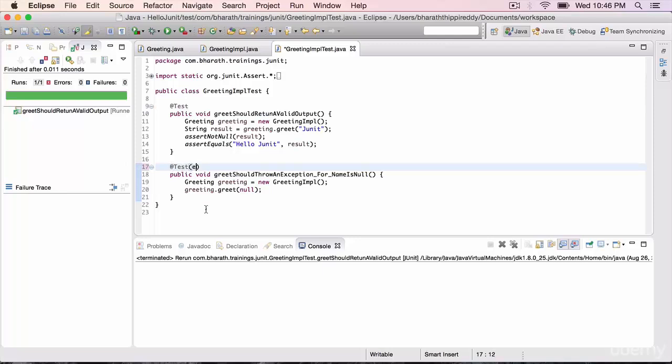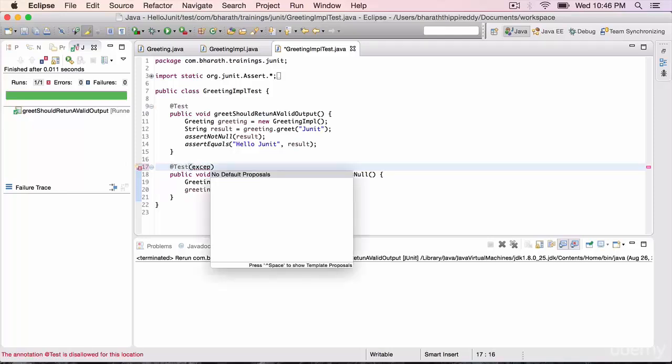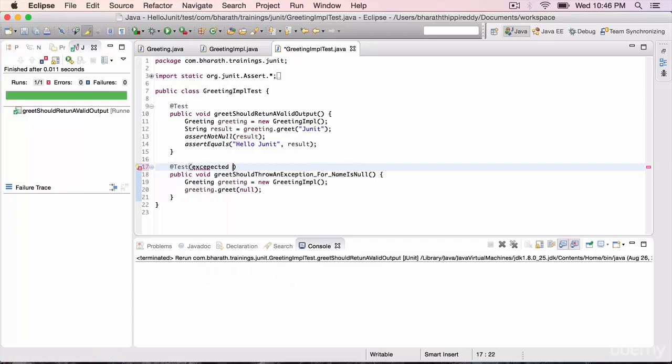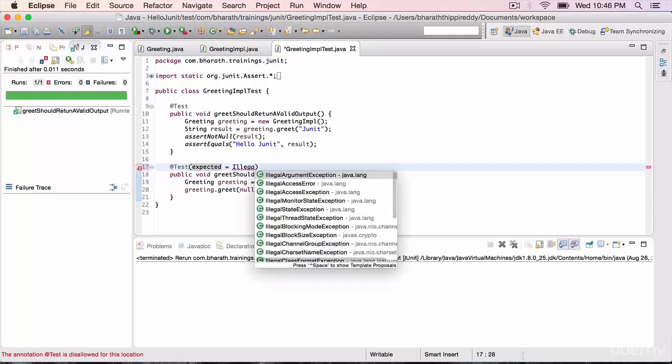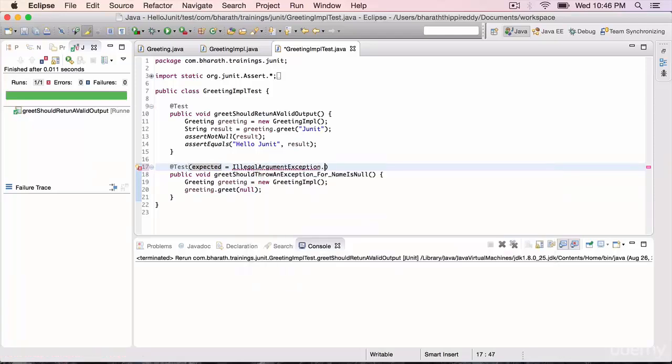On the test annotation, there is an attribute called expected is equal to, this is where we can give the exception class: expected, and then the illegal argument exception dot class. We need to tell JUnit what exception we are expecting when this test runs, and that's it. We are done.